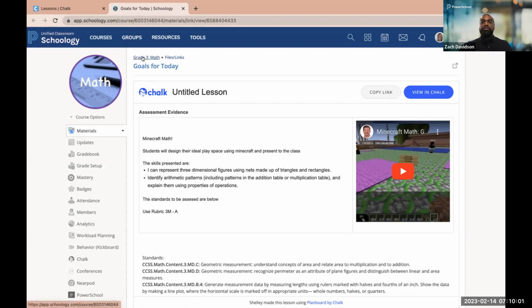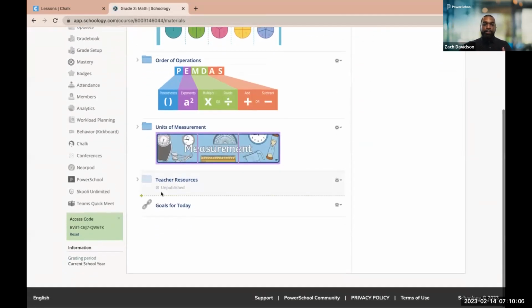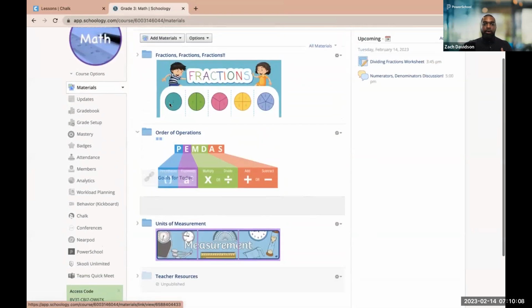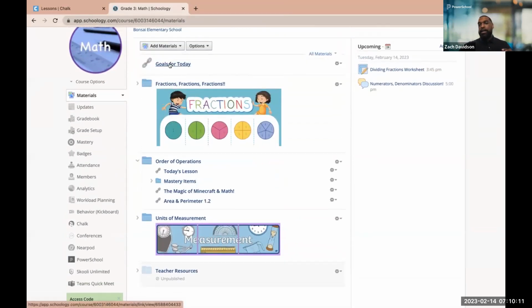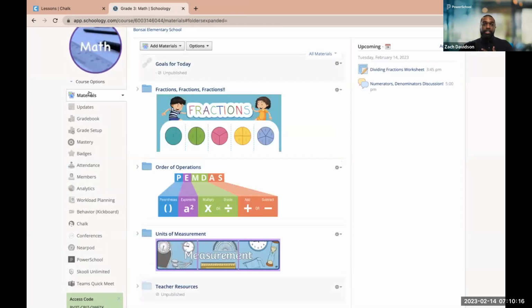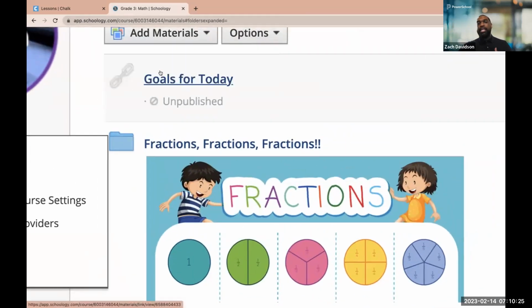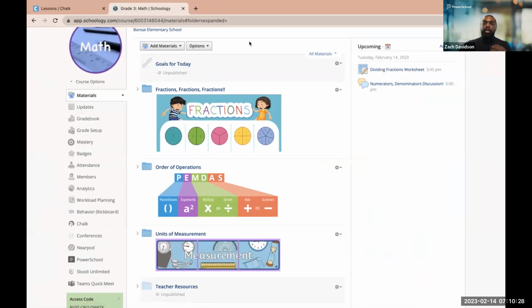And this is the opportunity for us to engage our students. In this example, we already have the course here. Here's that lesson plan. I can add it or drag and drop that so that it's at the top of my course. I can unpublish it so that it's available for me as a teacher. But you'll notice that the goals for today lesson plan, if I view it as a student, is actually unpublished to students, right? So they can't see that material there. So there are easy ways for you to think about the planning process on the front end and think about how you can leverage that directly inside of Schoology.